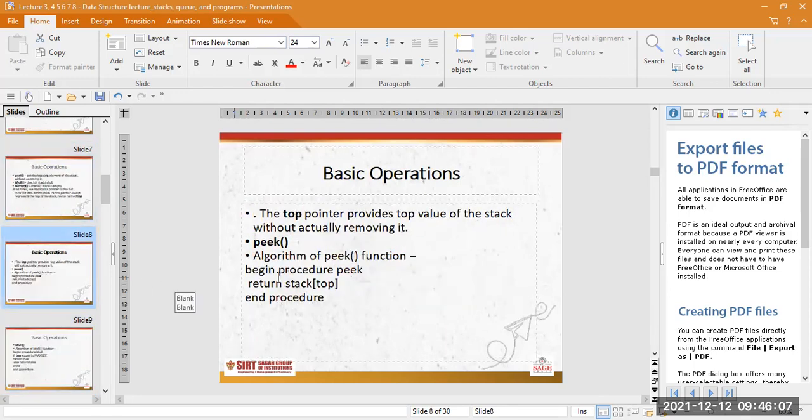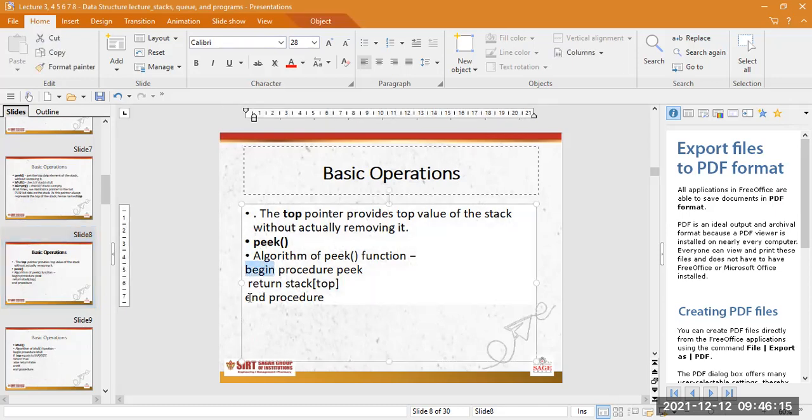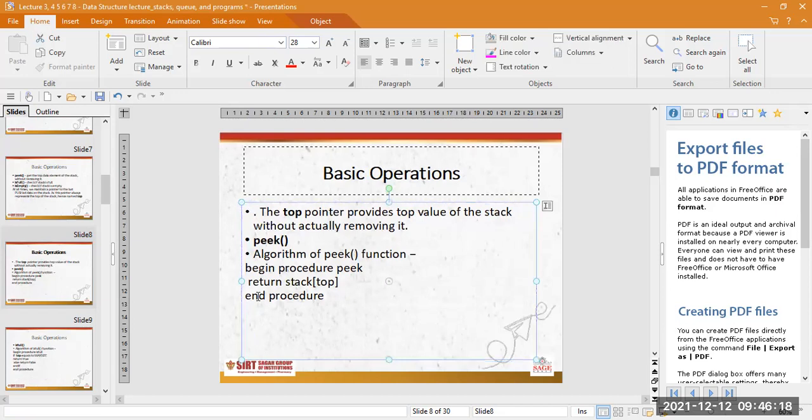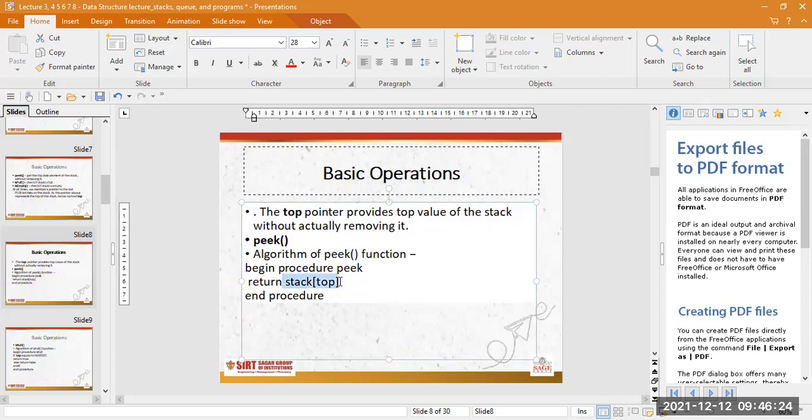Now these are the basic operations, how a particular algorithm can be framed. So in an algorithm, we tend to write the begin keyword and end keyword. Okay, then we give the function name, and we return the stack, whatever the elements are there in the array of the stack.